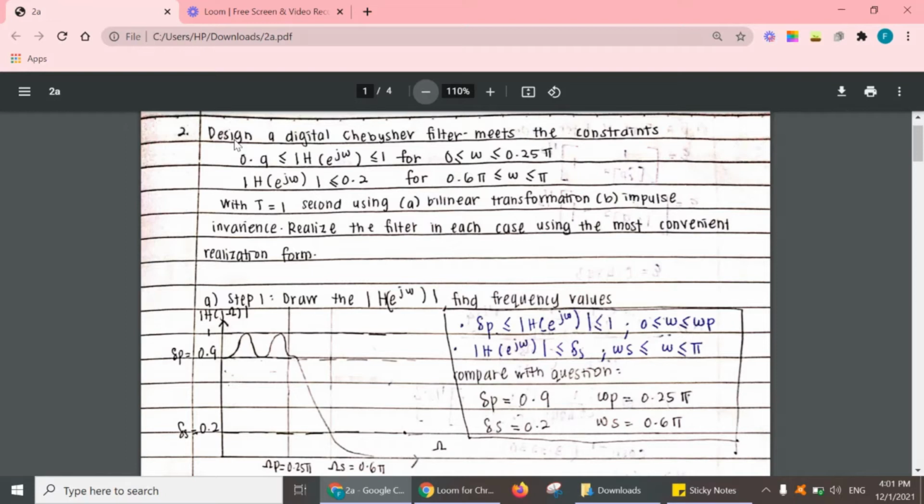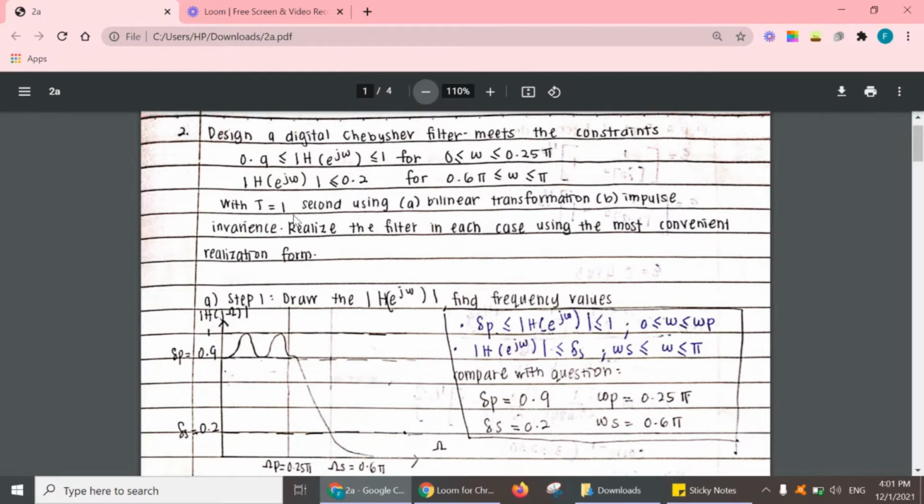Second, we have to design a digital Chebyshev filter given the equation: 0.9 ≤ |H(e^jω)| ≤ 1 for 0 ≤ ω ≤ 0.25π, and |H(e^jω)| ≤ 0.2 for 0.6π ≤ ω ≤ π, where T is given as 1 second,